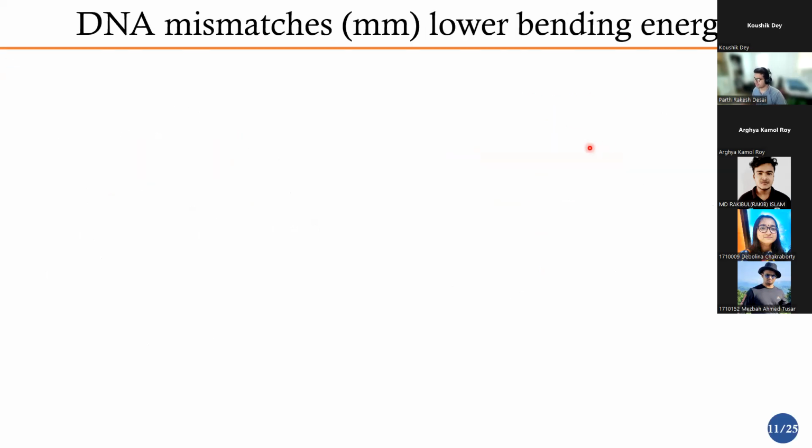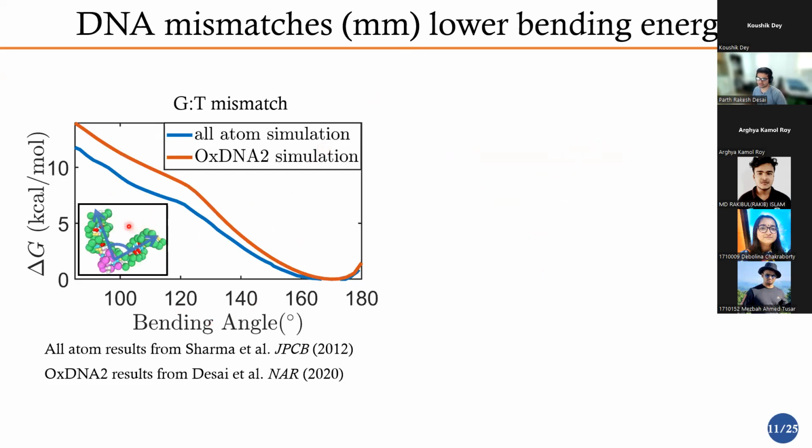Right. So the first question we had was, can you even use this model to study what we wanted to study? That was mismatches, right? So because our theories told us that the plectoneme pinning was actually a result of this ease of bending at the mismatch, first we wanted to see, can OxDNA reproduce the bending rigidity of a mismatch and how that compares to the all atom simulation. So over here, we're assuming that all atom simulations are kind of the gold standard for simulations, right? So if OxDNA can be close to that, we can be confident that it will give us quantitative answers